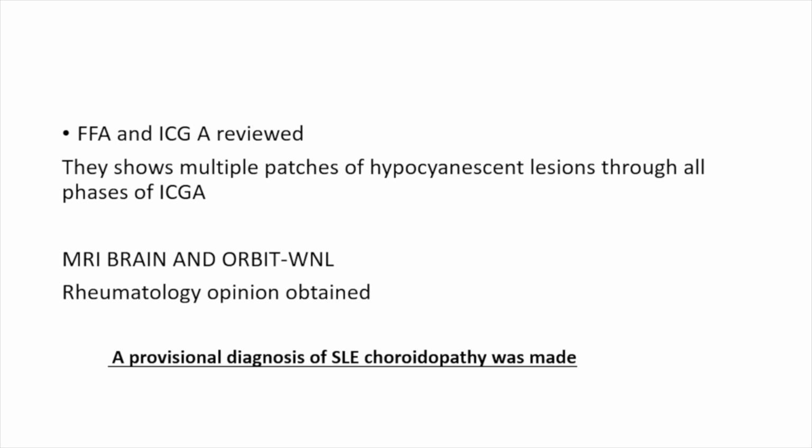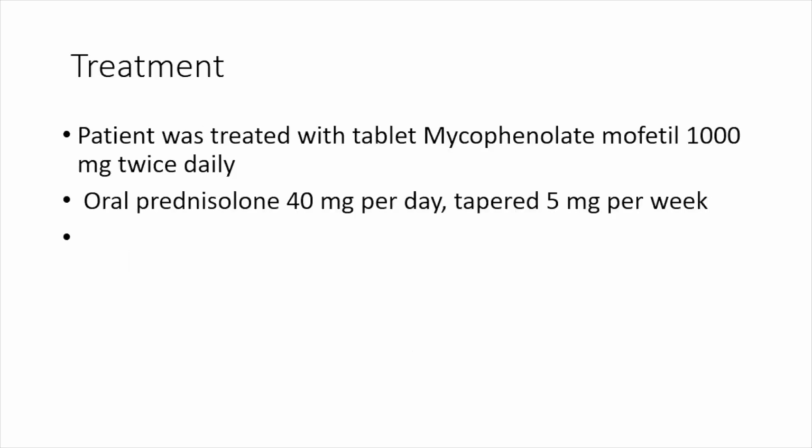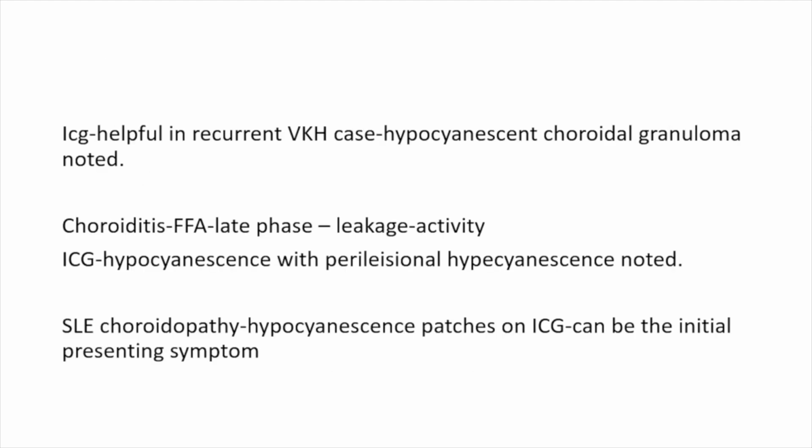Because there was a breast carcinoma history, we did the MRI brain and orbit, which was normal, and the patient is currently on treatment with immunosuppressants. The ICG is helpful mainly in recurrent VKH where there's only AC reaction. The ICG will pick up the hypocyanescent choroidal granulomas. In choroiditis and FFA, the late leakage only shows activity, whereas in ICG it is shown by hypocyanescence with perilesional hypercyanescence. In SLE choroidopathy, there are hypocyanescent patches throughout,